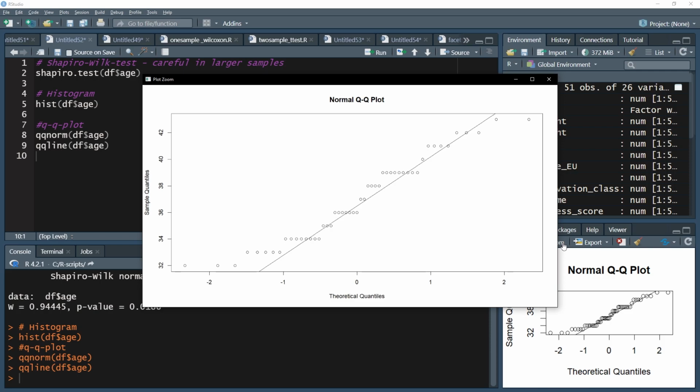Again, there will be acceptable deviations, especially on the edges of the distribution, meaning the upper right hand corner and the lower left hand corner. For my test variable, deviations can be observed throughout, resulting in a non-normal distribution. If you cannot observe an approximate normal distribution, you should use the one-sample Wilcoxon test instead of the one-sample t-test.